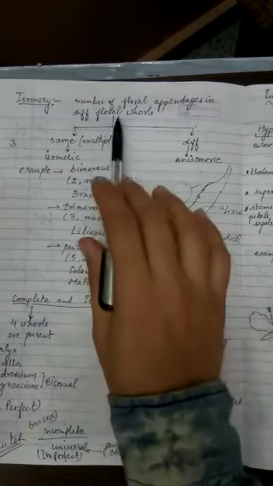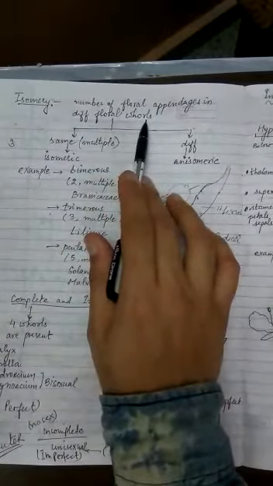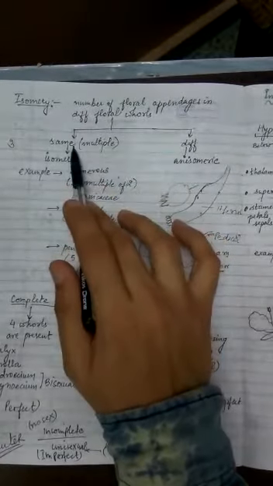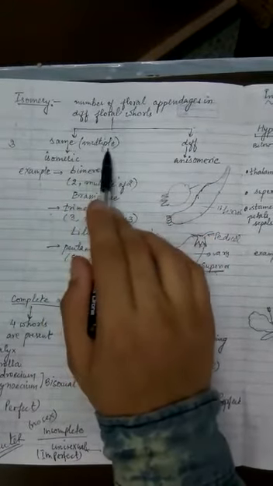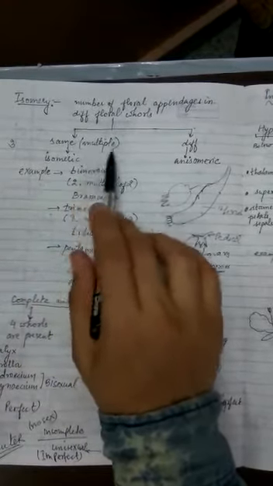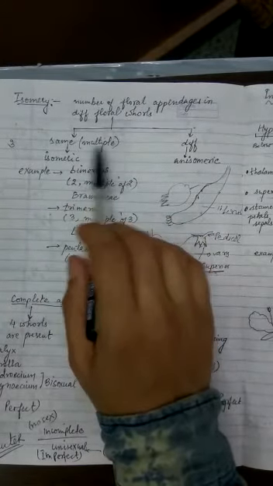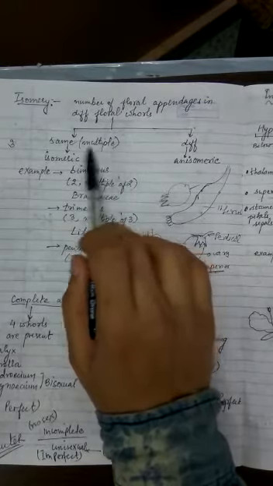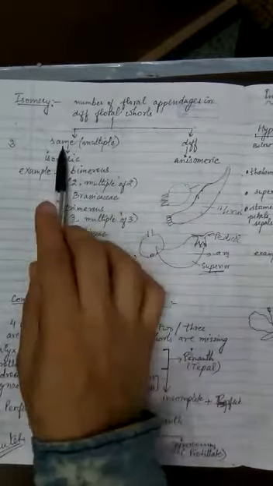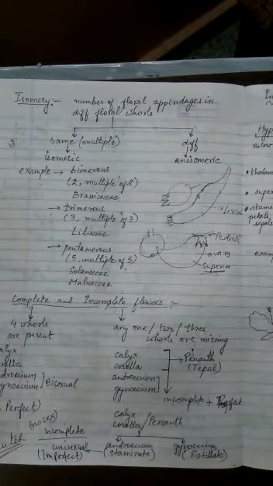So isomery is about the number of floral appendages in different floral whorls. Different floral whorls means sepals, petals, stamens and the pistil. So they can be the same, like 3 or multiples of 3. For example, it can be 3, then 3 plus 3. So 3 plus 3 means multiples, it will be 6 in number. So it can be 3 or it can be multiples of 3. I will explain this when we do the Liliaceae family, what exactly is multiple here. So it can be the same or it can be different. If they are the same, it is called isomeric flowers. If they are different, they are called anisomeric flowers.